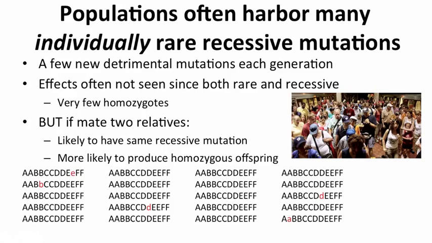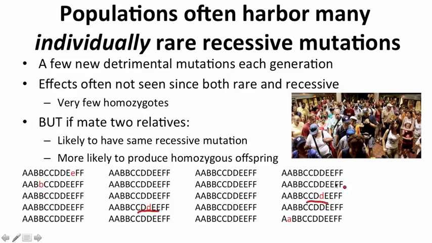So this picture on the bottom might show you individual genotypes across a population. Let's say that each of these red mutations is bad. There's a bad D over here, a bad A over here, a bad D way over here, a bad E over here, and a bad B there. It's very unlikely. These people could all mate with each other, and there's only one combination among all these individuals that would actually produce a problem, if they're all recessive. That would be if this individual right here interbred with this individual right there.